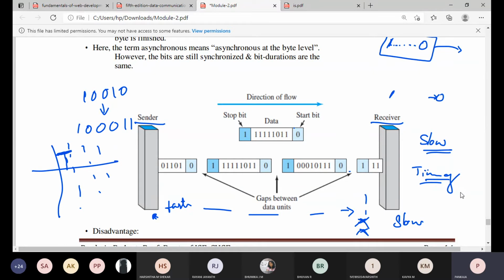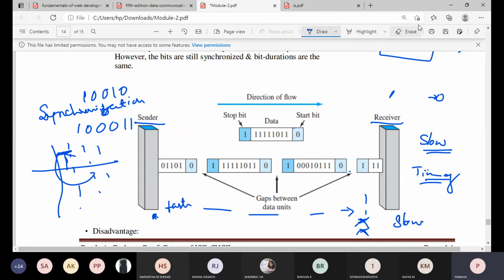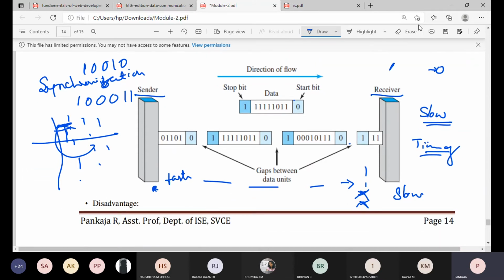You need to understand that it is a common term used. What is synchronization? There are so many technical terms we normally use, so you need to be aware of those terms, at least know the definitions. What exactly is the meaning of reliability, performance? These are all common terms used in networks.